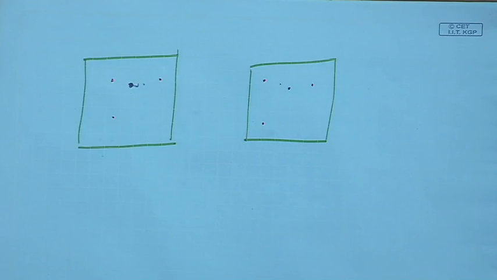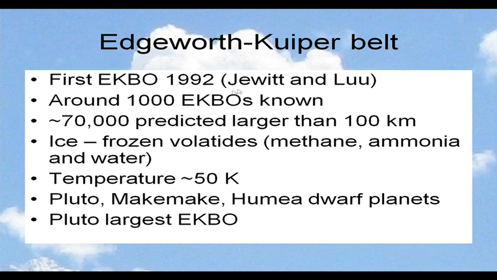This is the technique of blinking which has been used to identify such objects. And the first EKBO, Edgeworth-Kuiper belt object, was identified by Jewitt and Luu in